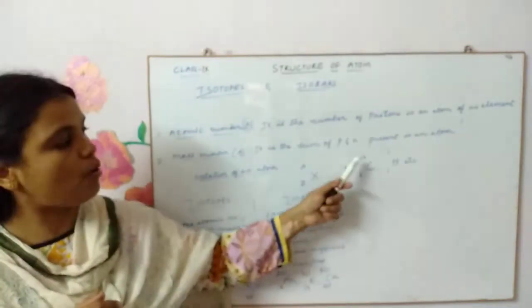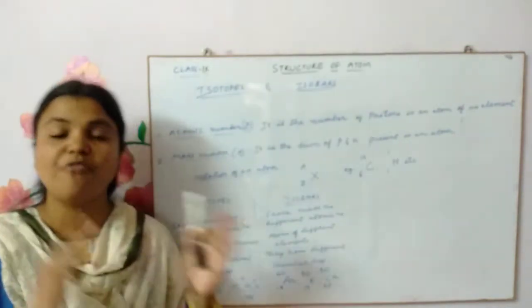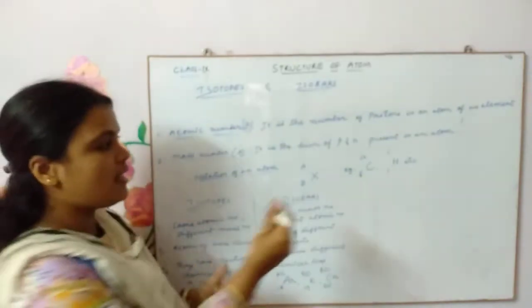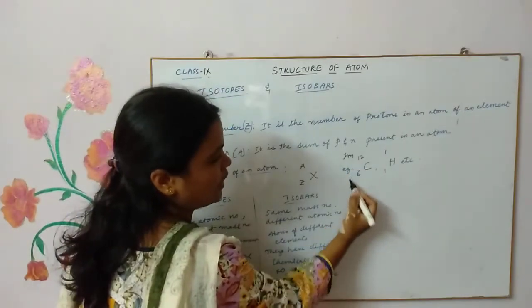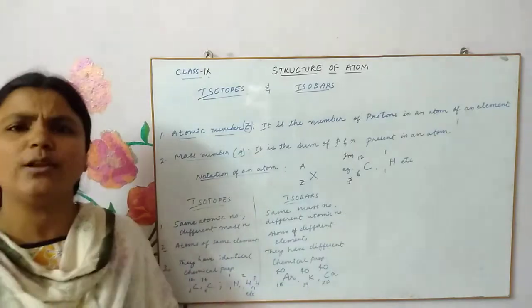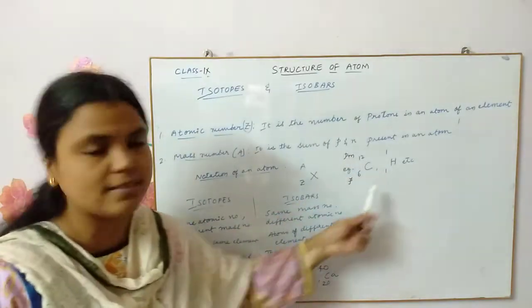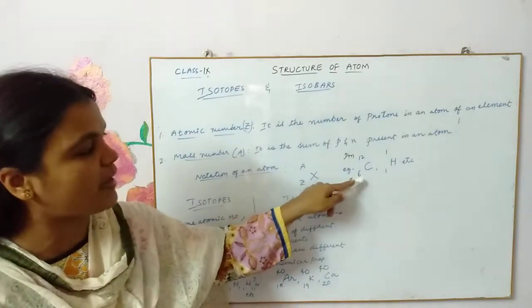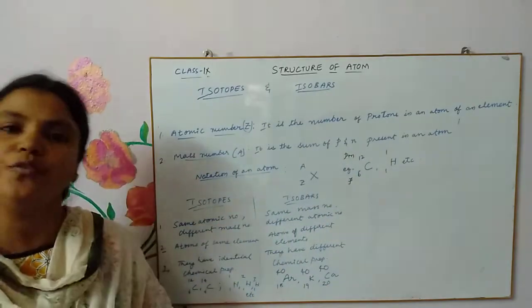6. Now, what is 12? It is the sum of protons and neutrons. This is P plus N, and this is only P. So, can you calculate the number of neutrons if I write like this? Yes, it is nothing but 12 minus 6, which will give you the number of neutrons.